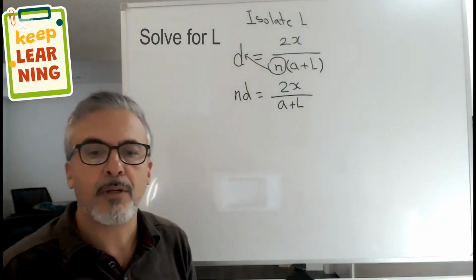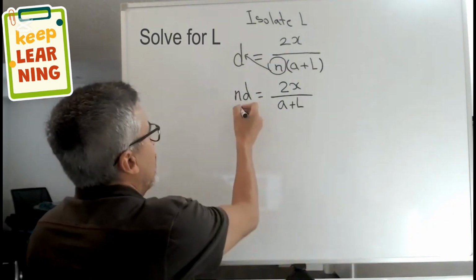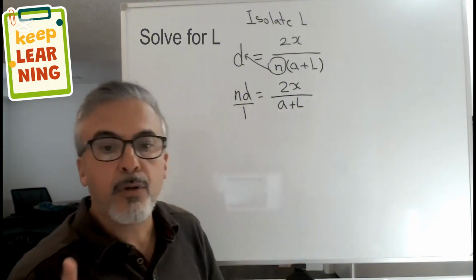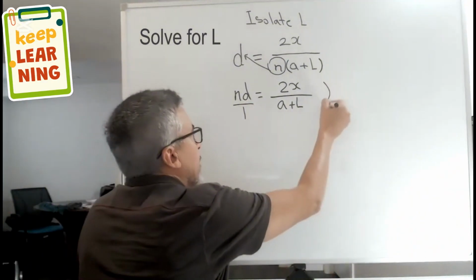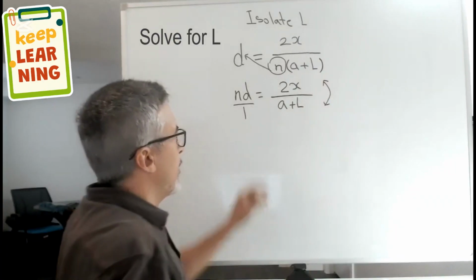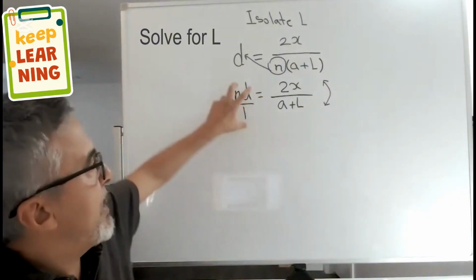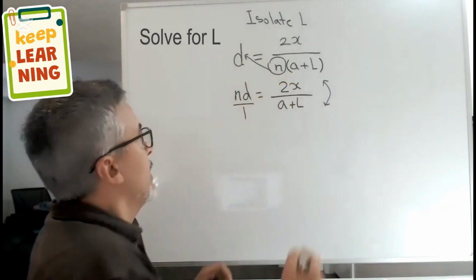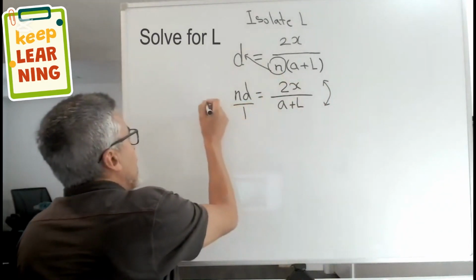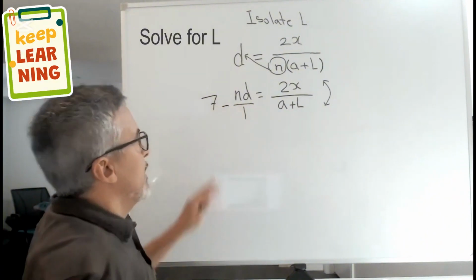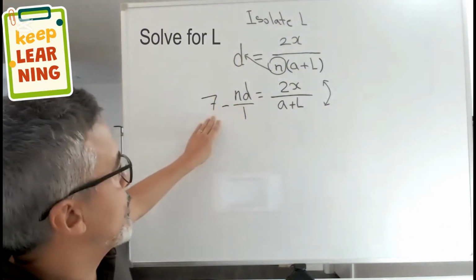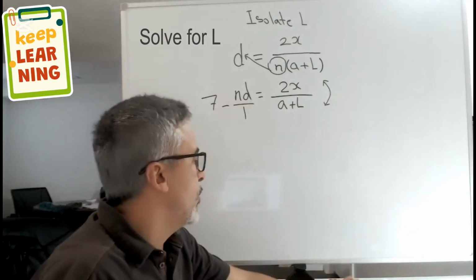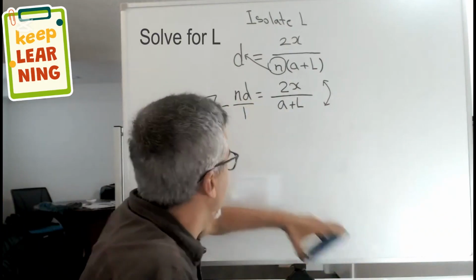There are lots of things that we could do, but let me show you one thing you could do. I'm going to put this over 1, and I'll tell you that you could rotate the whole thing. So when you have one fraction here and an equal sign and another fraction here, you could do that. But let's say if I put 7 minus that here, then you will not be able to rotate anymore, because that's not one fraction, that's a whole number minus a fraction. All right, so now,